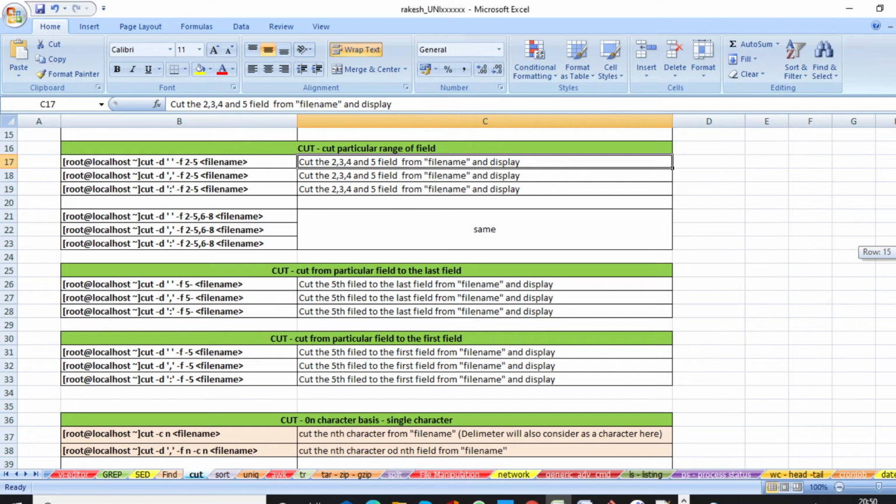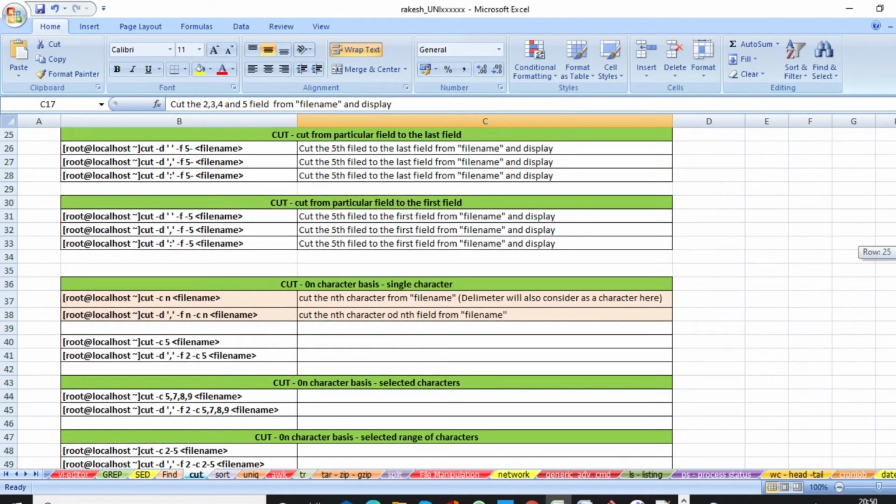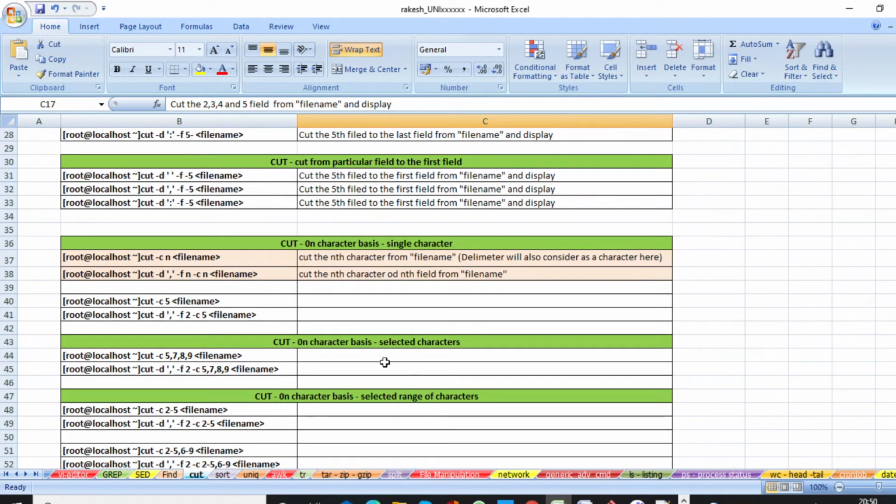Like we are using -d, the same way you can use -c to print the characters. So cut -c, suppose you want to print the fifth character of each line or each row, you can print it. cut -c 5, then the file name.